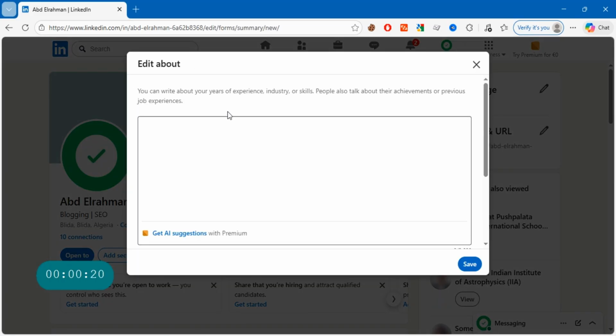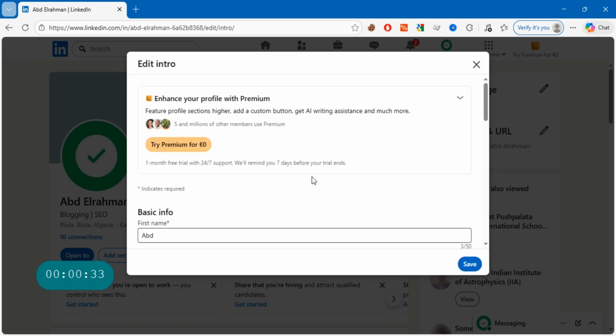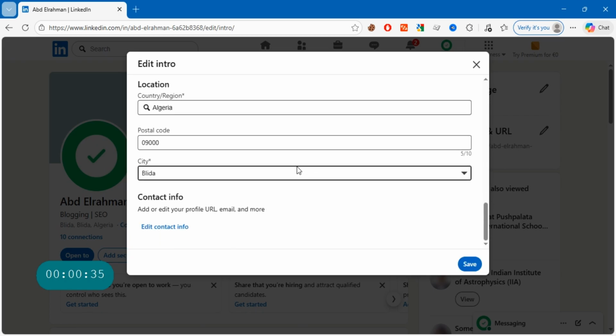Here, write your bio. Write about yourself and your qualifications in a way that describes you. After that, click Save. To add a link to your account, click here, scroll down, click on Edit Contact Info,